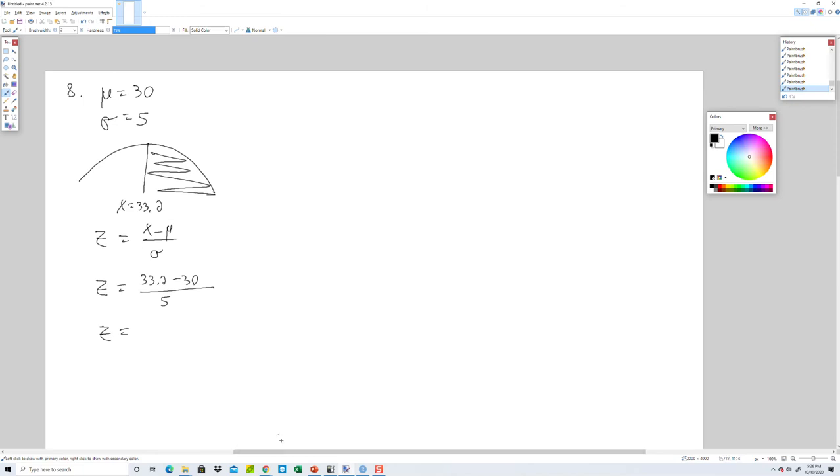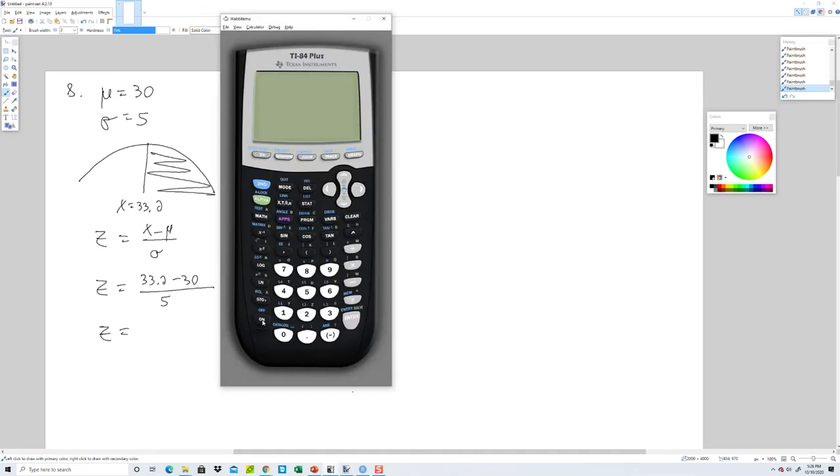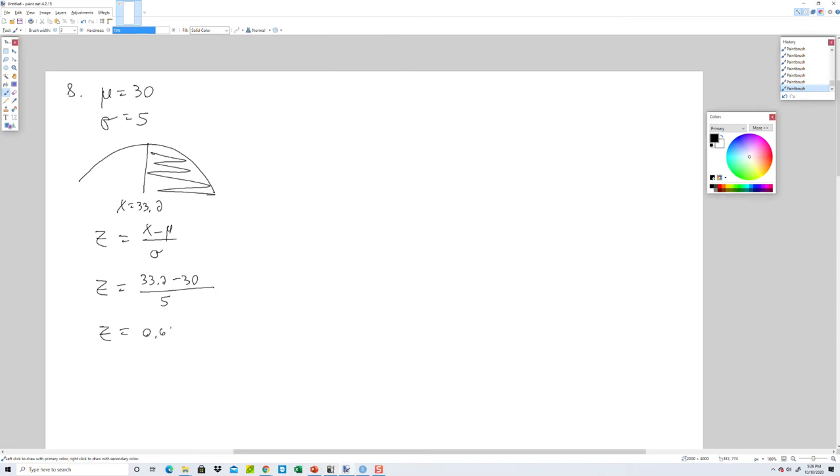And to put it all in at once, you got to put parentheses on top. Order of operations. Divided by 5. That'd be 0.64. So our picture now becomes